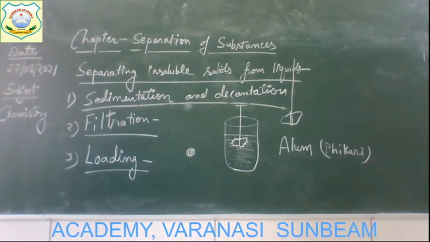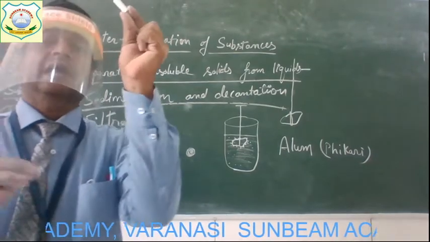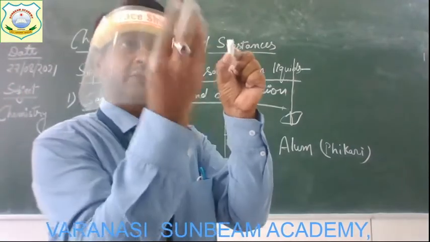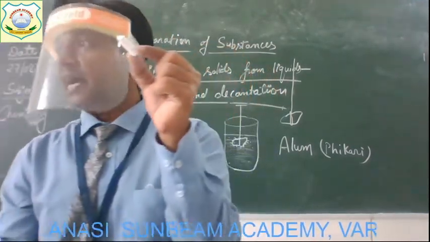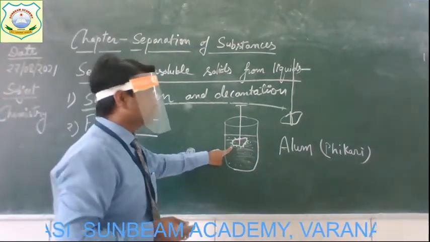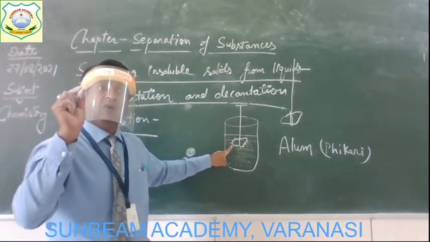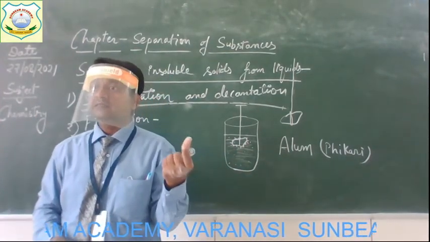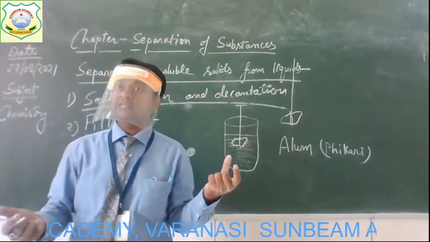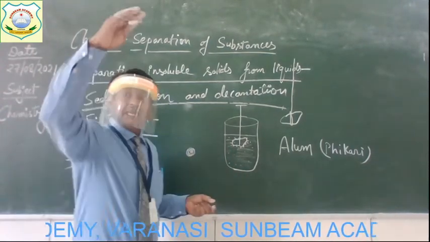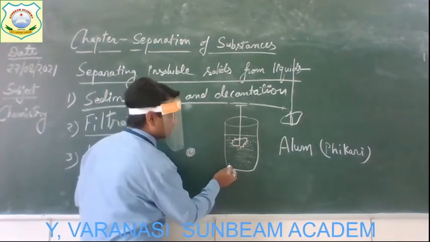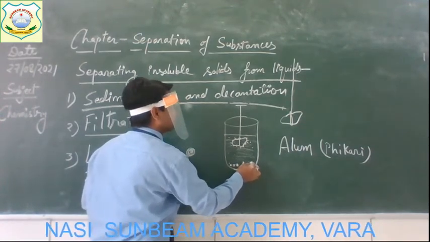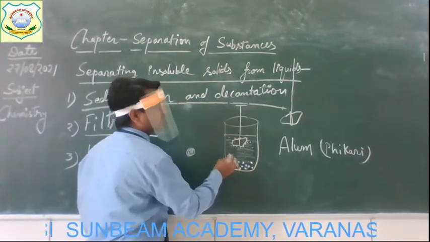Suppose this is a piece of chalk and something is going to deposit above it. Slowly the size of the chalk increases and its weight also increases. The same happens here. Those insoluble small solids gain more weight and become larger in size. And if they get more weight, they easily settle down in the bottom, because their size increased.